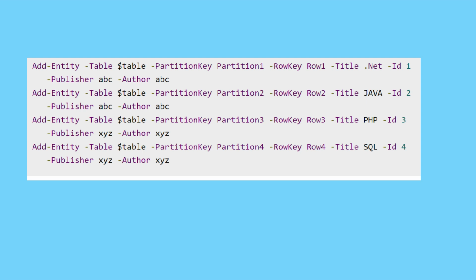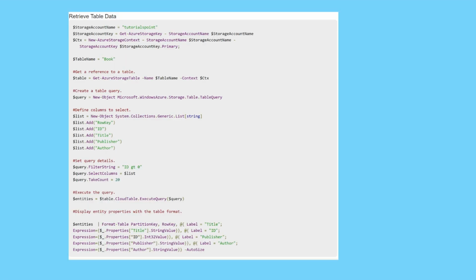$entity.Properties.Add("title", $title), $entity.Properties.Add("id", $id), $entity.Properties.Add("publisher", $publisher), $entity.Properties.Add("author", $author), $result = $table.CloudTable.Execute([Microsoft.WindowsAzure.Storage.Table.TableOperation]::Insert($entity)). $storageAccountName = "tutorialspoint", $storageAccountKey = Get-AzStorageKey